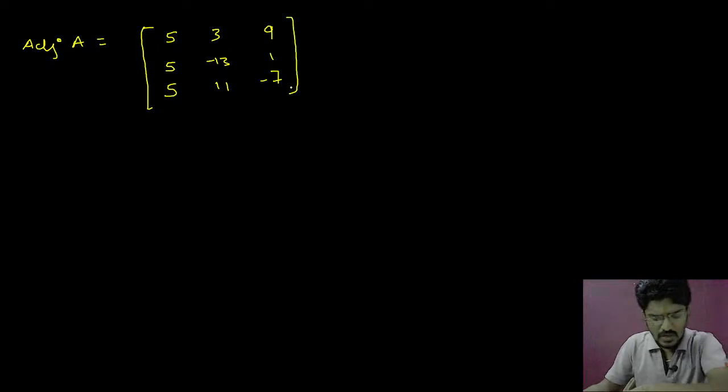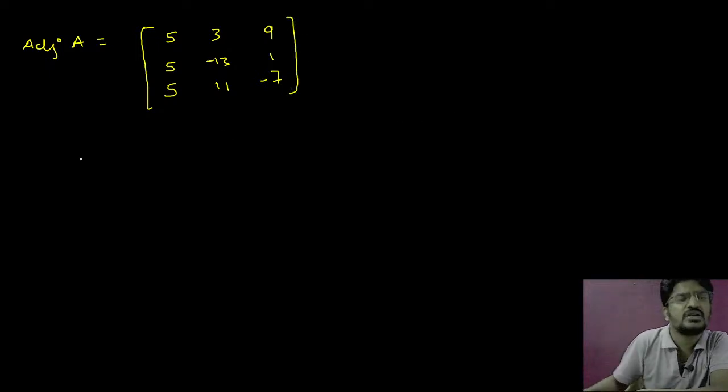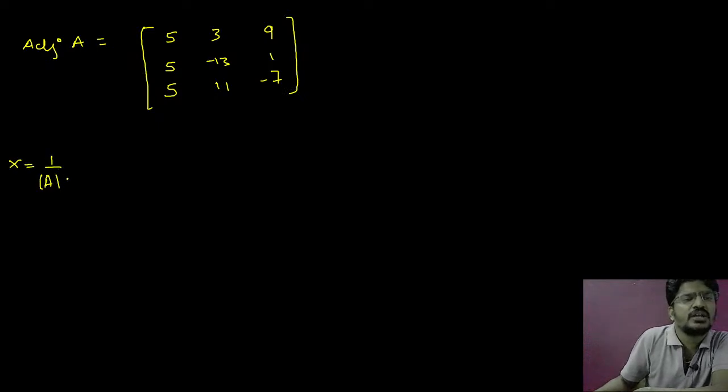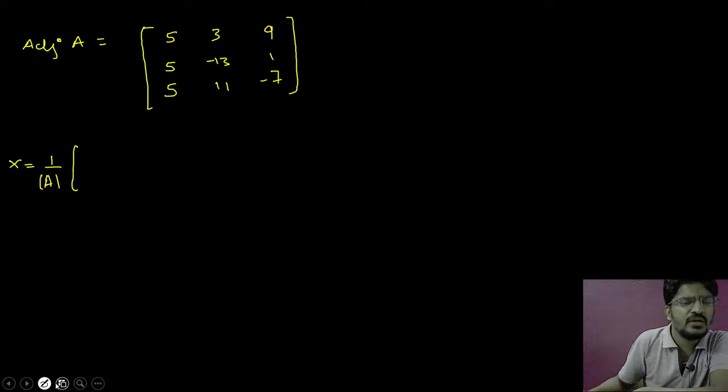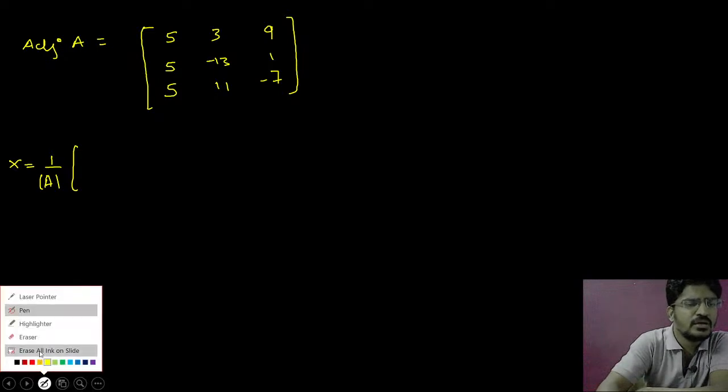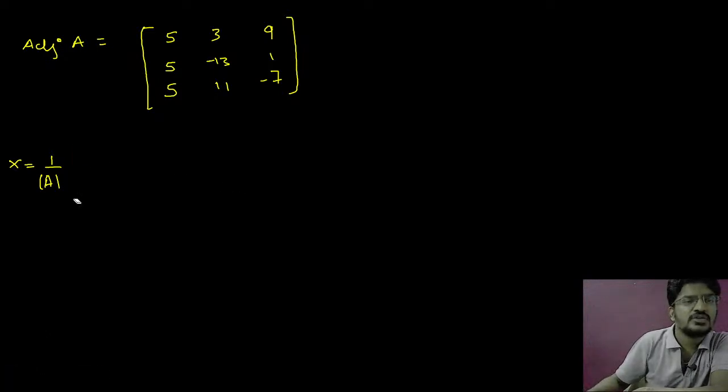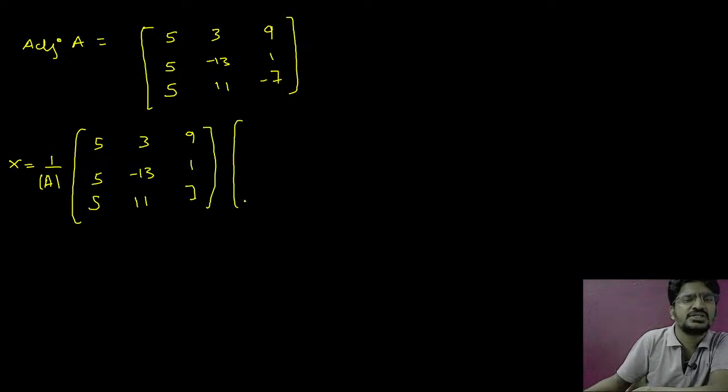So now we got our adjoint of A. Now we can find X, that is 1 by determinant of A into adjoint of A into B. Clear? So here we write adjoint of A, that is 5, 5, 5, 3, minus 13, 11, 9, 1, minus 7, and B is, I think,